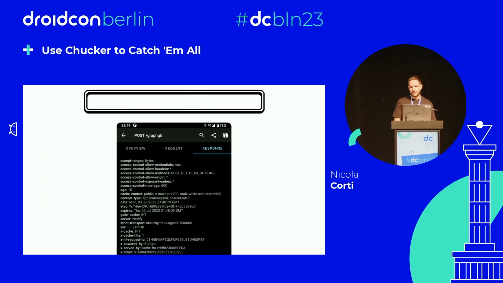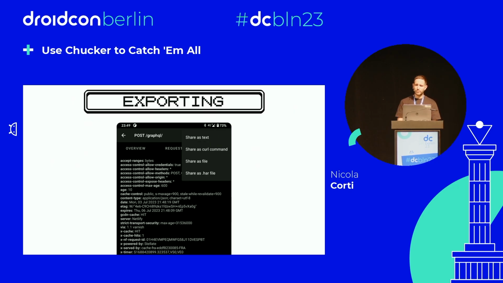Another feature that has been greatly improved is support for exporting, as I was saying before. So if you open the response tab, you would see there are a couple of icons on top. The one on the right is the floppy disk icon, which will allow you to save the body to file, while the share icon will open the share menu, which allows you to share the whole request and response in multiple